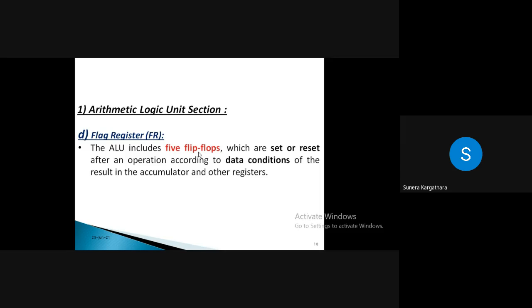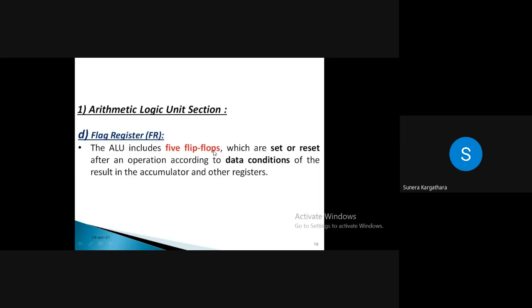Whatever I want to communicate with you, almost everything is included here in the discussion. The flag register is a register. Obviously, with the microprocessor, the size of each and every register that we are using is 8-bit, right? Excluding two memory pointers, the stack pointer and program counter. All the other registers in the 8085 microprocessor are 8-bit. But out of this 8-bit flag register, 3 bits are don't care. So only 5 flags, 5 status bits, we are having. So that is 5 flip-flops, right?